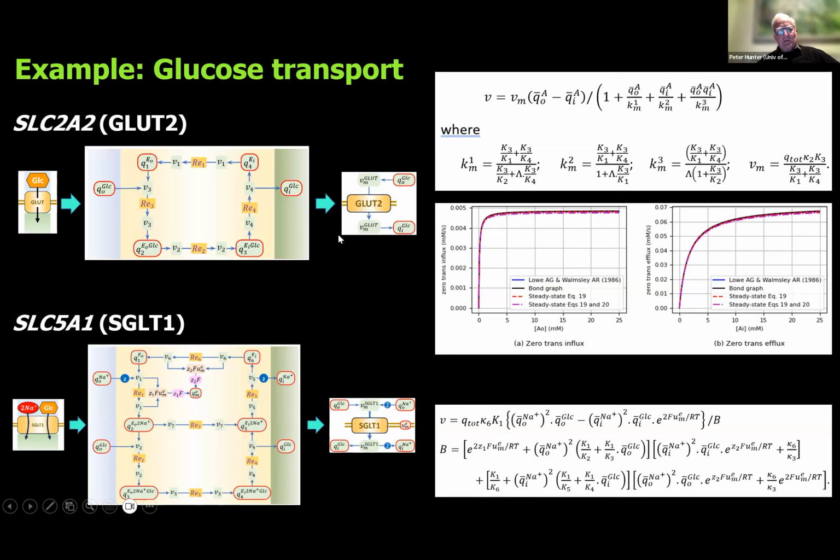So if you look at glucose transport, which is carried by 2 types of SLC transporter, GLUT2 protein, which is SLC2A2, and SGLT1, which is a sodium-assisted glucose transport. And so the physics here is just glucose entering by binding to an enzyme that's rotating through a number of different states. Binding is very fast, unbinding is very fast, and you represent the reactions for the binding and the transition of that protein from outward facing to inward facing as it delivers glucose to the inside of the cell and then transforms back again to pick up the next.